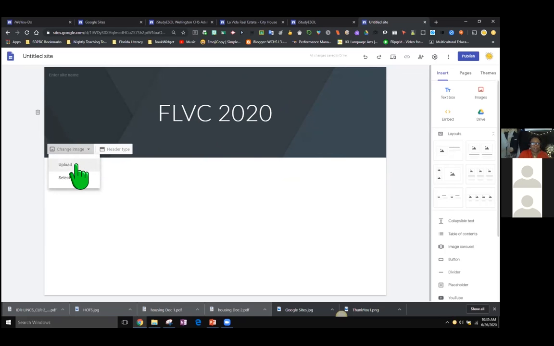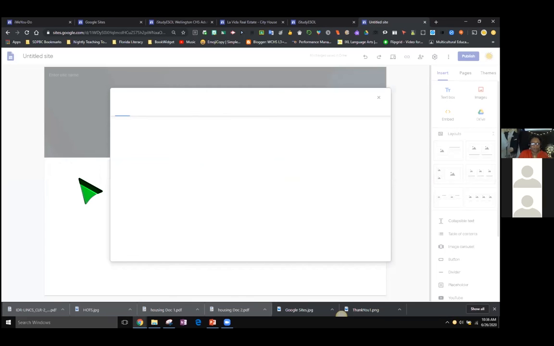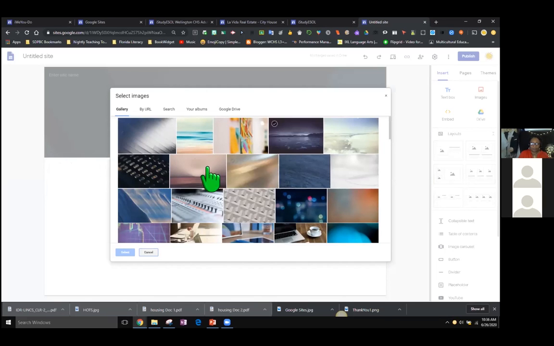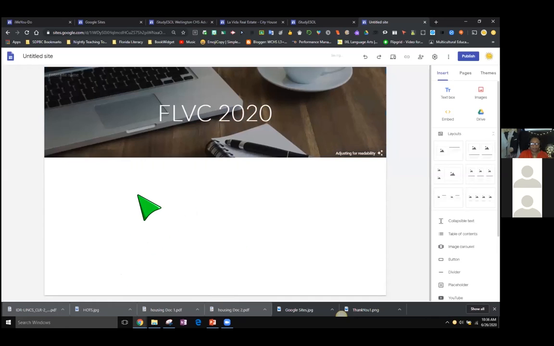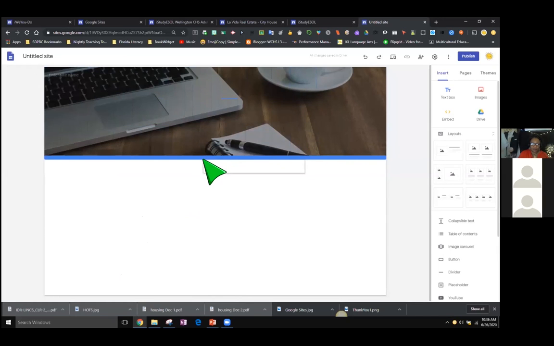And you can either upload an image or you can select an image from their image library or image gallery. So I'm going to go ahead and select an image from their gallery. This is a very popular one, so I'll go ahead and select that. That's it. Okay, and you have your background. Now, if you don't want the wording to be on your image, you can actually just find the little dots right here and drag this off of the image and give it its own spot right here, its own cell.